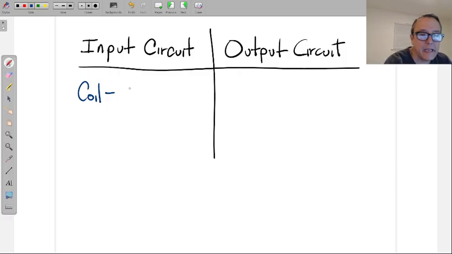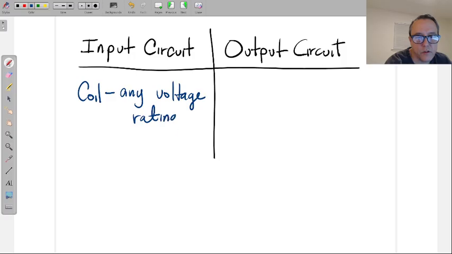So the coil can be any voltage. All right, it could be any voltage. It can have any voltage rating. But, all right, this is the important part. It is a fixed voltage rating, all right? Meaning,